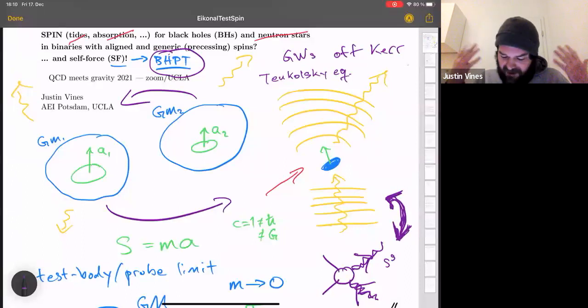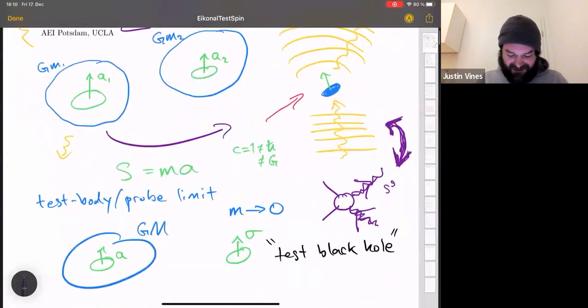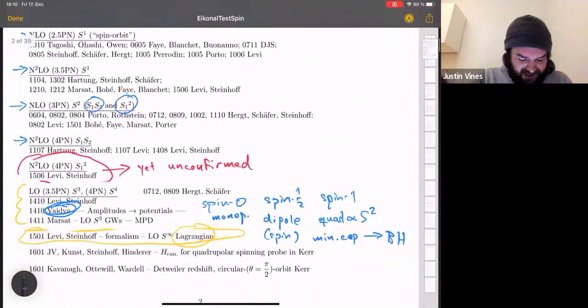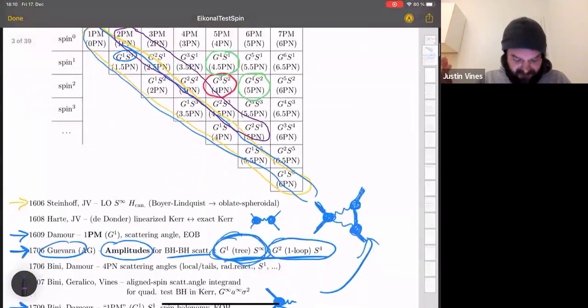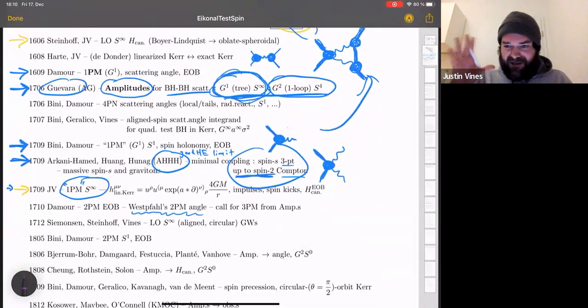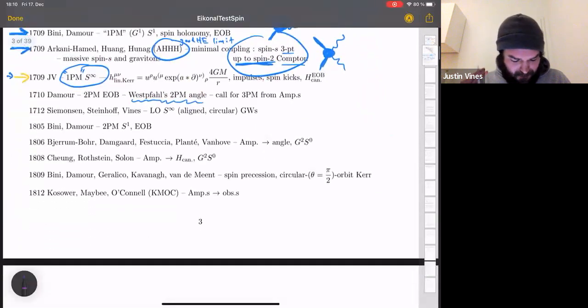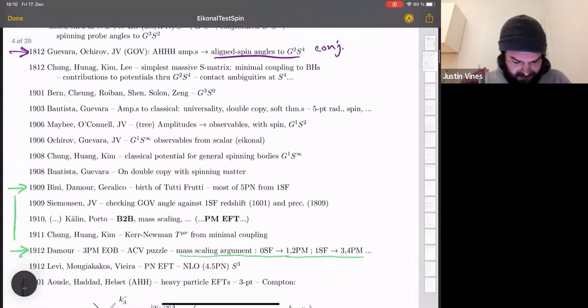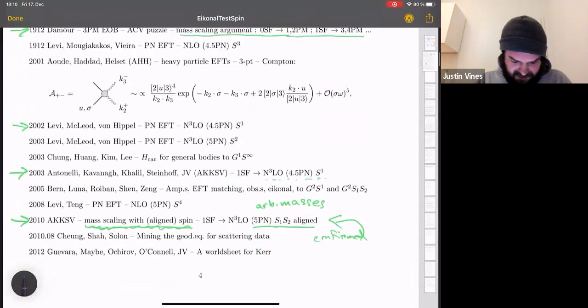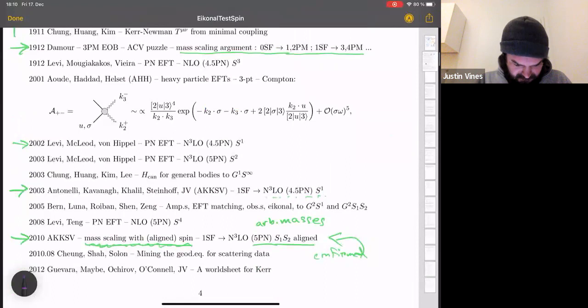There's a lot of other interesting things that I didn't even talk about, like these bootstrapped amplitudes from AHH, but there's important work which we're about to hear about from Andres. So it's okay that I didn't talk about it so much. Let me locate it here. Oh, that was already 2020 sometime. Here,